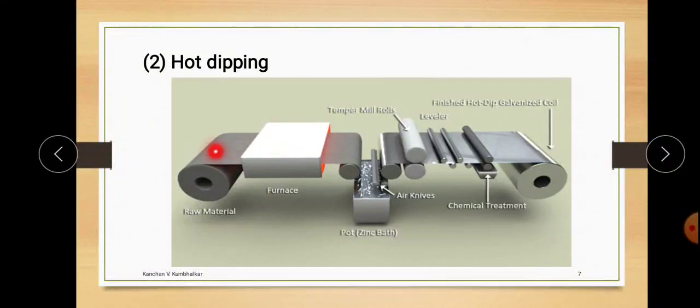If we want this sheet to be galvanized, meaning coated with zinc, it is transferred to the furnace. Before that, the pickling process takes place, meaning the metal sheet which we want to protect or galvanize is washed. The sheet is treated with H2SO4, due to which the physical and chemical dirt is removed. That process is known as the pickling process. Then it is transferred through the furnace.